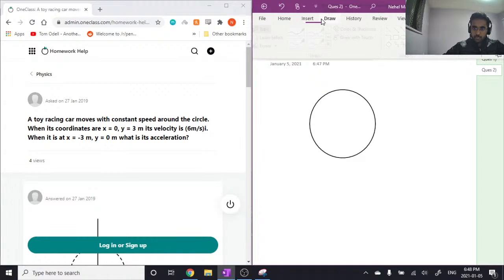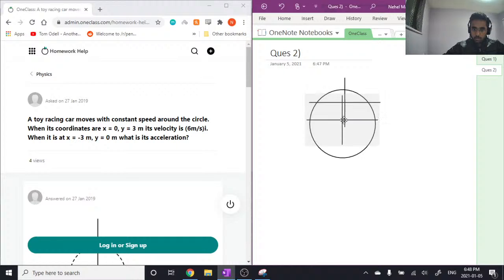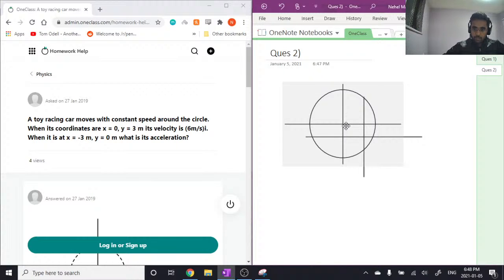And let's quickly draw a coordinate axis as well. Okay, so initially this object, this car, is at point x equal to 0, y equal to 3. So it's somewhere here, and it's moving,